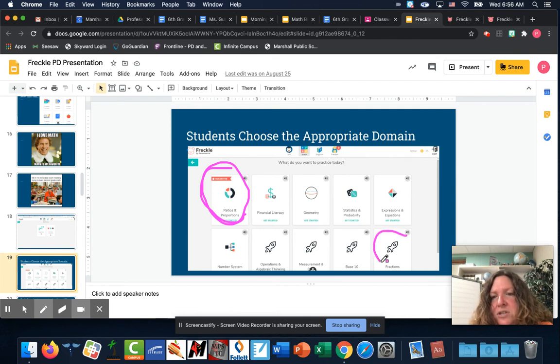And you also need to take fractions. Now, they might be in different spots on your computer. So if they're not in these exact spots, look around. It could be that yours are just in a different order, but you need to take both of these, ratios and proportions and fractions, by